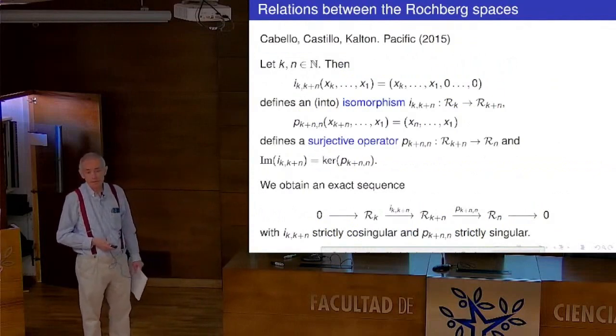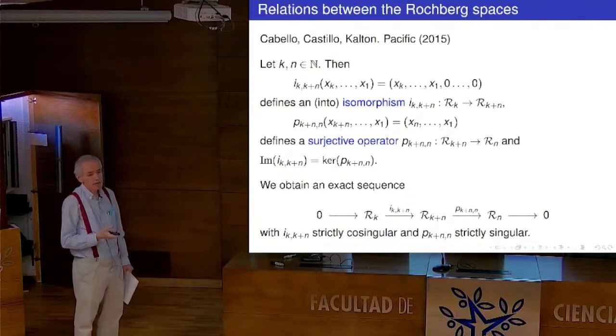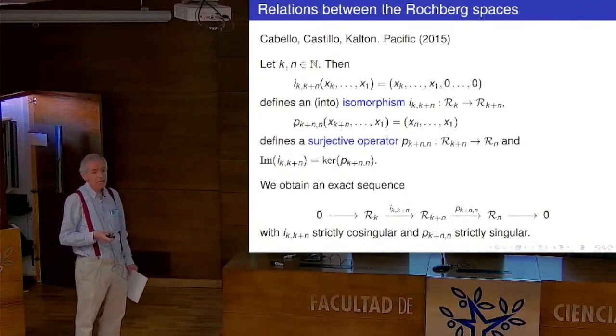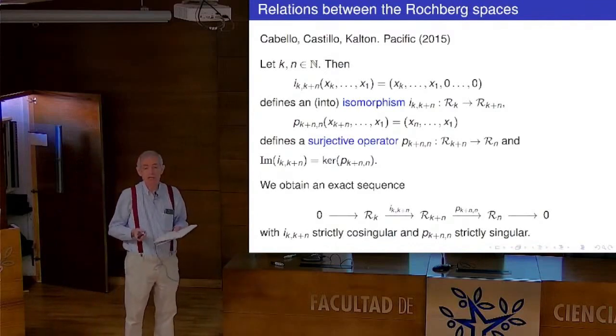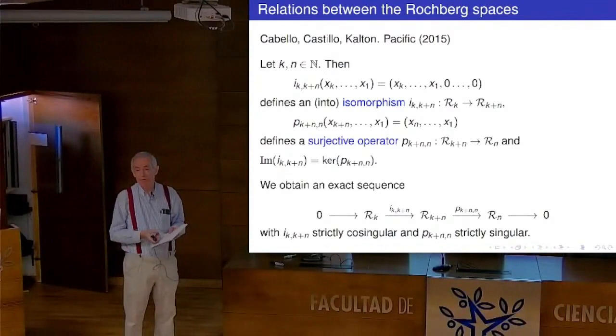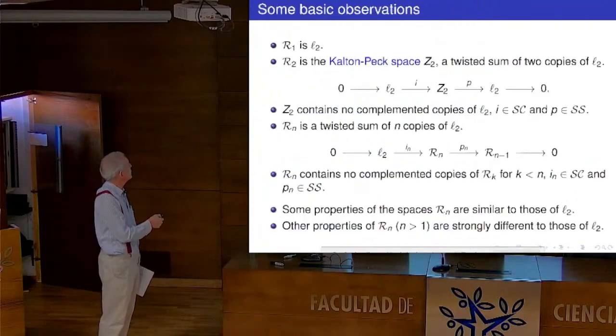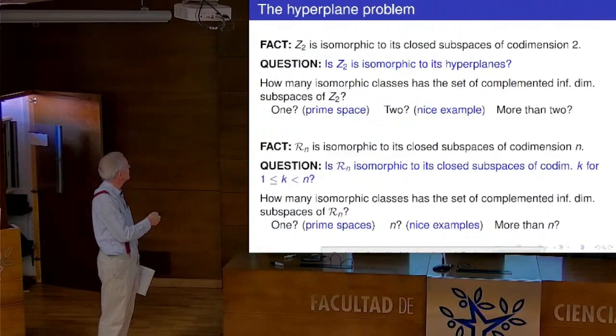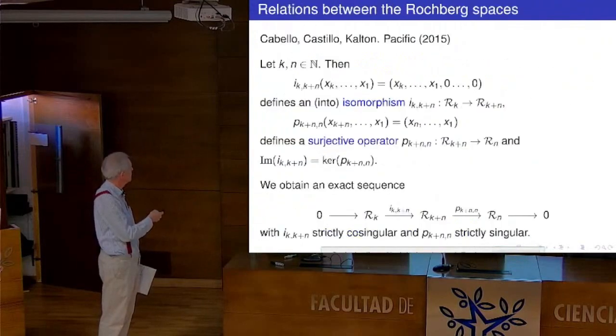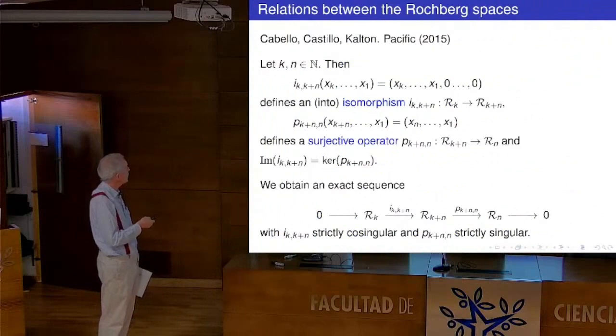Well, next I describe a relatively old result about the structure and the relation between the Röhler spaces. The idea is that the Röhler spaces of higher order are twisted sums of the Röhler spaces of lower order. Concretely, if we consider two integers, then we can embed the space of order k, that is formed by couples, in the space of order k plus n using this map. This map defines an into isomorphism, and also